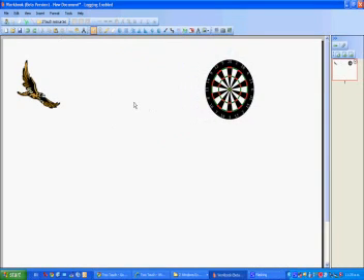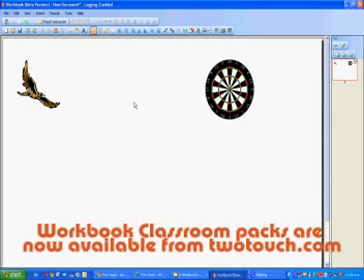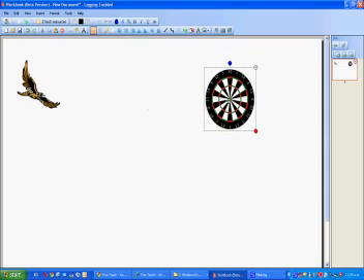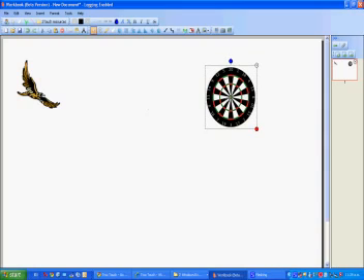One of the main reasons for having the resources folder is so that if you are going online and downloading the 2Touch Workbook Classroom Packs from 2touch.com, you have somewhere to obviously save them and keep them ordered and easy to access. If you don't know about the Workbook Resource Packs or Classroom Packs and want to find out how to download them, then if you head to 2touch.com, go to The Buzz, and head to an article entitled Workbook Classroom Packs, and it should have been up there for June 2010, and that'll tell you how to download them